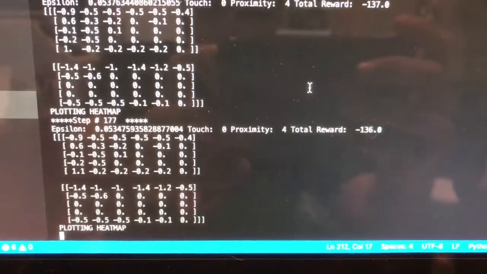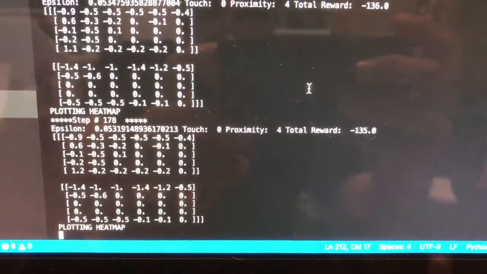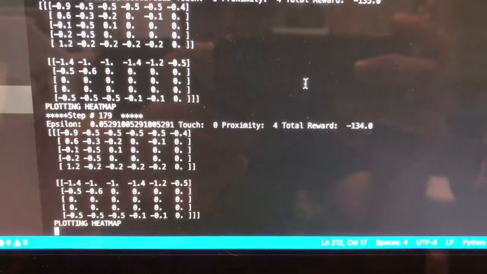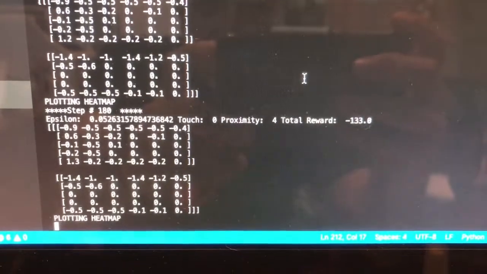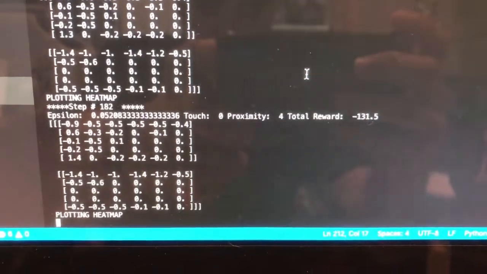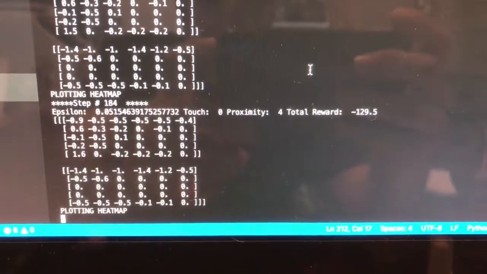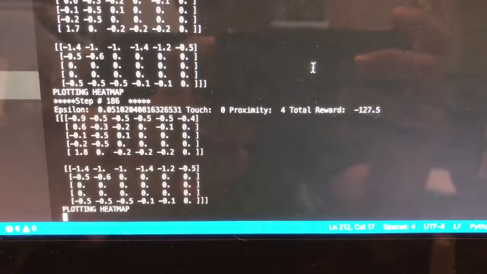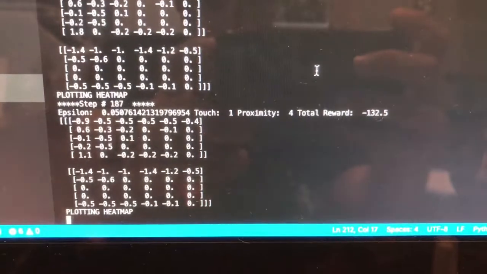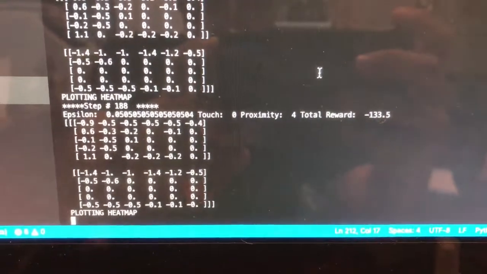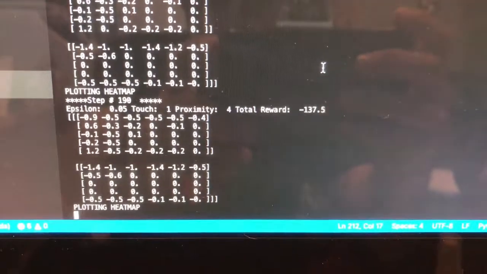Here you can see the raw output coming out of the Python program running through Visual Studio Code. You can actually see the entire Q table here. The bottom part is when the touch sensor is activated. Notice that the touch sensor is getting activated. If you look at the last line above where it says plotting heat map, that's actually when it thinks it's